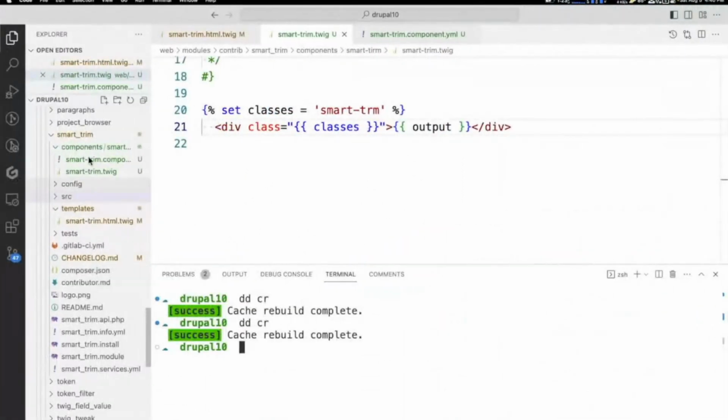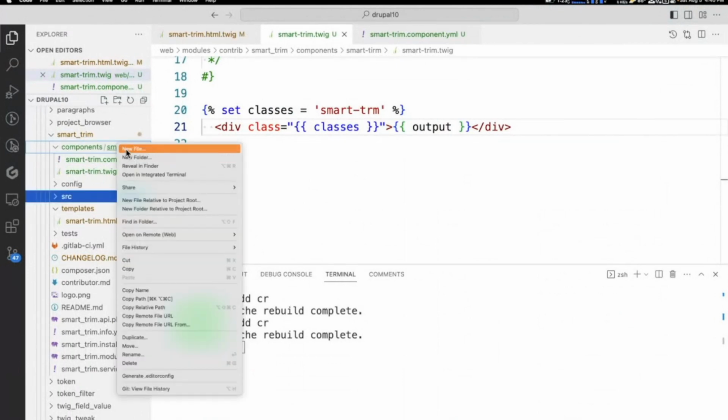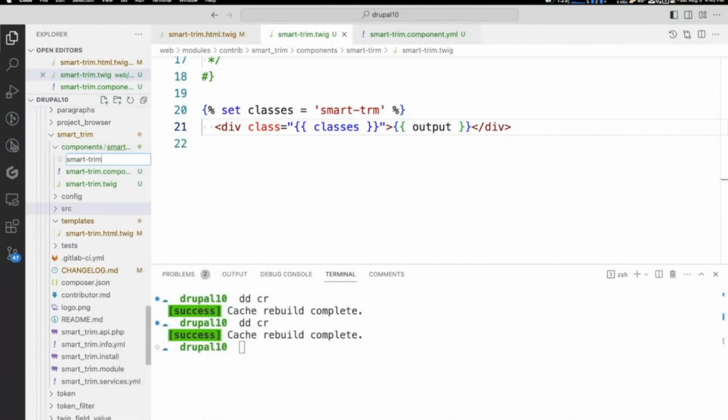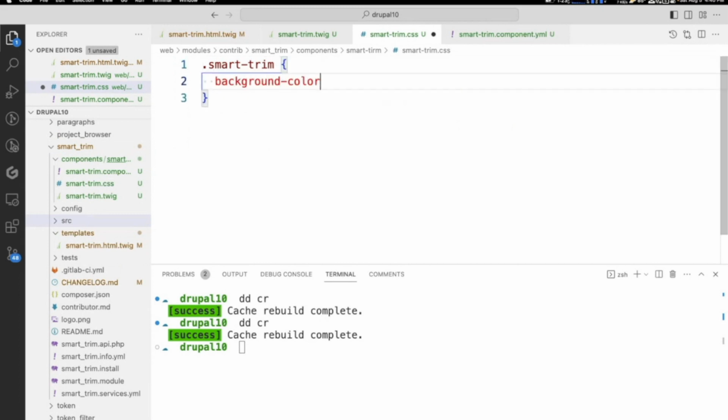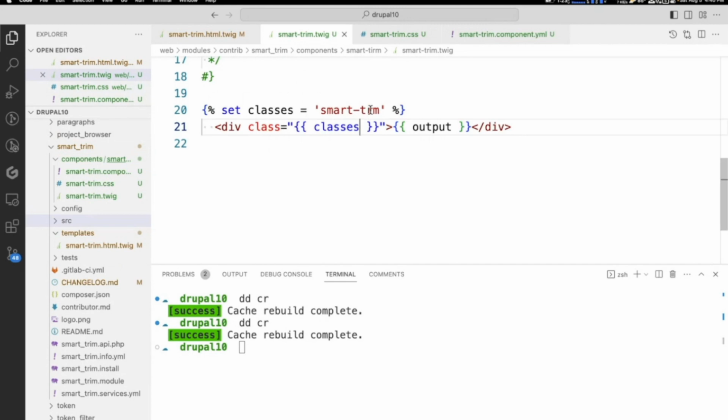So what we can do is add a new file, smart trim.css. We're going to do .smart trim, and we're going to say background color. Yeah, and in the twig, it's just the RM. Thanks for that.